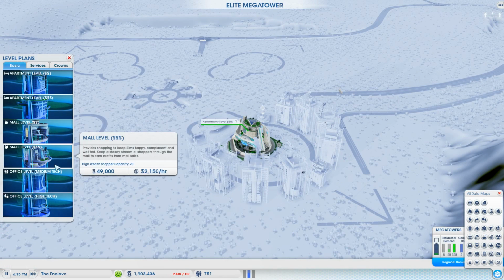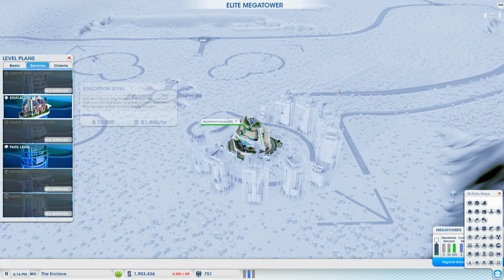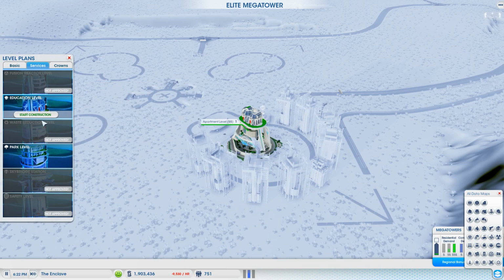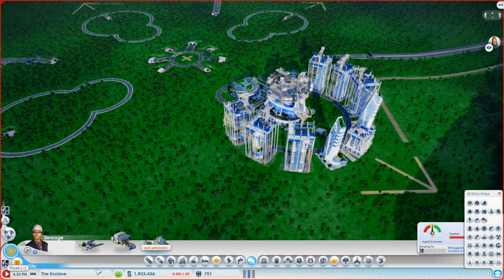Now, what am I going to put in? Am I going to put in a school level? What I was thinking was an education level, because these guys will get unhappy if they don't have education. Let's bang an education level in, and then we'll put the rest of the stuff on top. Right, before we do anything else,